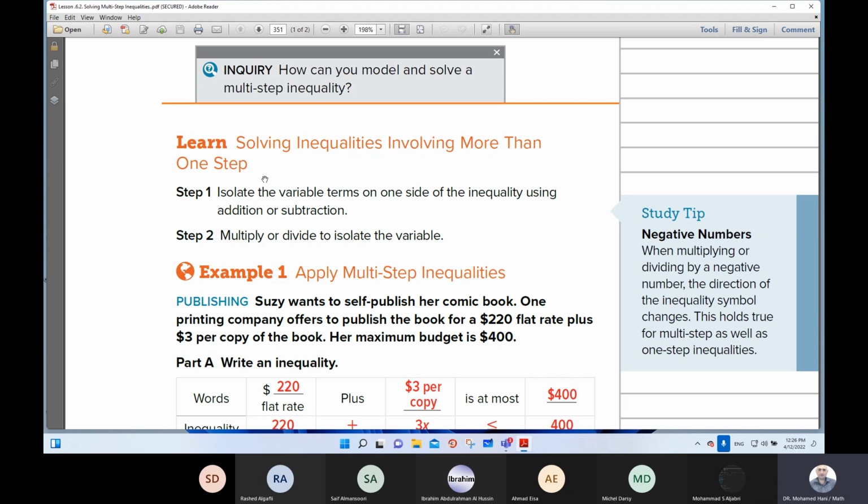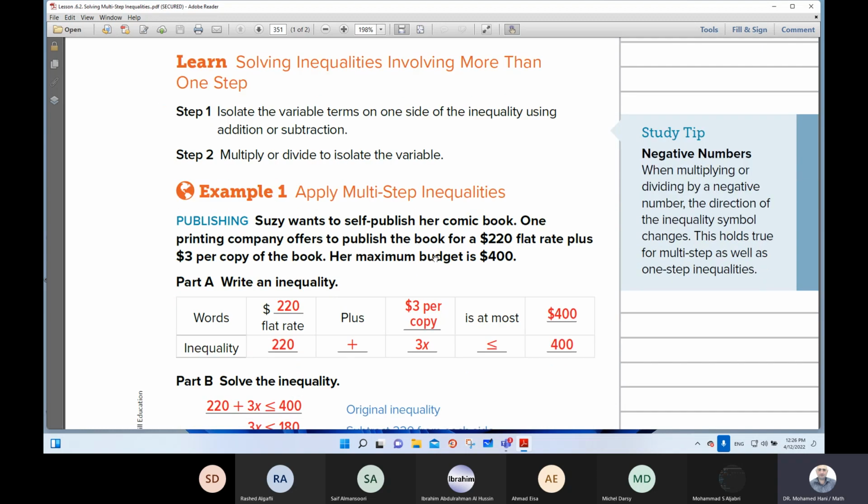So the first step, isolate the variable terms on one side of the inequality using addition or subtraction. Step 2, multiply or divide to isolate the variable. For example,